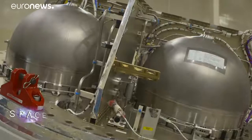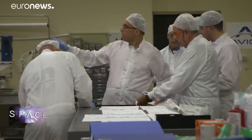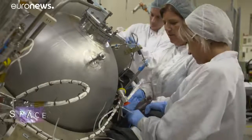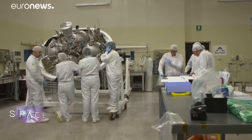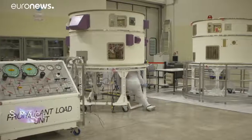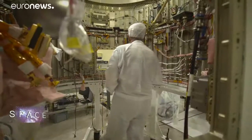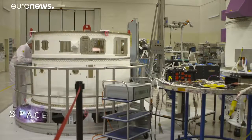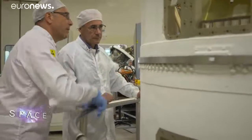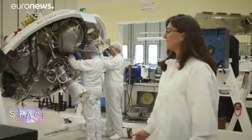With the first Vega C launch planned for 2019, there's another effort underway to upgrade the rocket's upper stage. This is the part of the rocket that actually flies through space and delivers the satellites into the orbits that customers have asked for. It's the only stage that uses liquid fuel, meaning it can be turned off and on again, unlike the solid propellant engines. In particular,